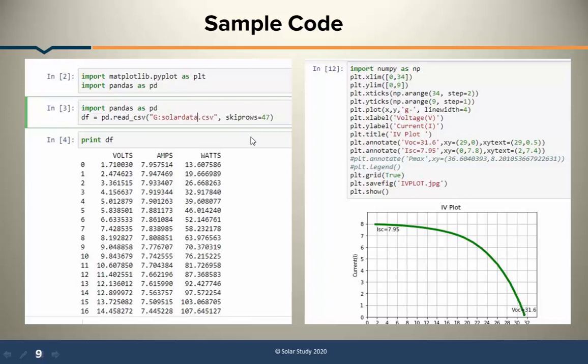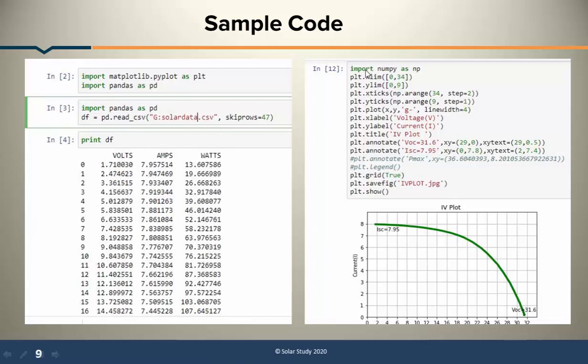Then, because the solar data file has all the values, like voltage and current, starting after row 47, and like the previous one, the first rows show the module name, module specification, open circuit current, all the details present in those 47 rows. I don't want that, so I can use the skiprows command to skip those 47 rows. Then I will print the data frame. What I will get is like this: in the columns I will get voltage, current and power.